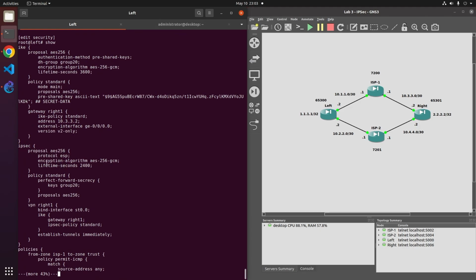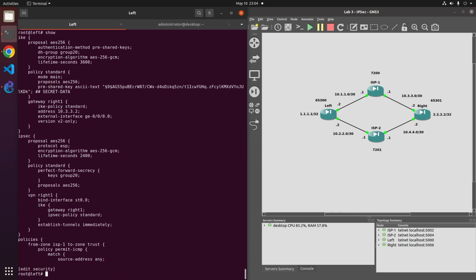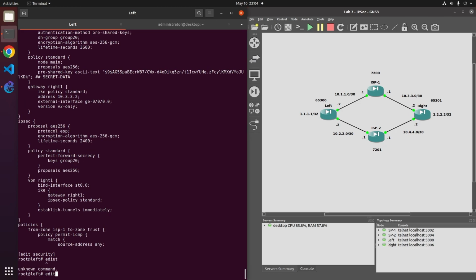Here's our proposal, our protocol, encryption algorithm, our lifetime, perfect forward secrecy, our key, and our binding of our proposal to our policy, and our policy to our VPN configuration. So here's IPsec policy standard. Here's our gateway that we specified previously, the bind interface for the tunnel that's created, and when do we create it. The one thing that we are missing is an IKE configuration,